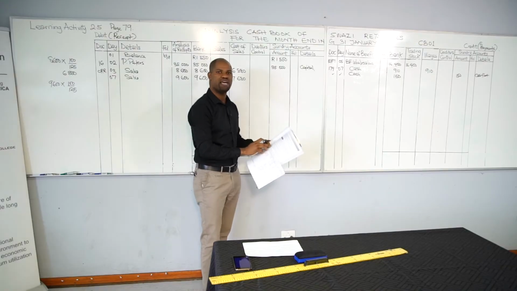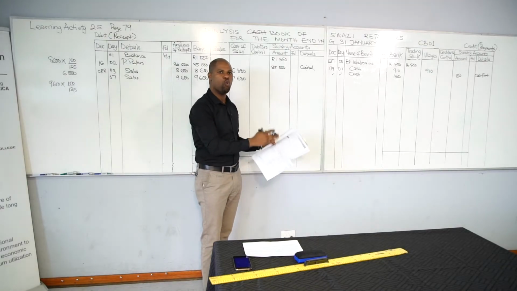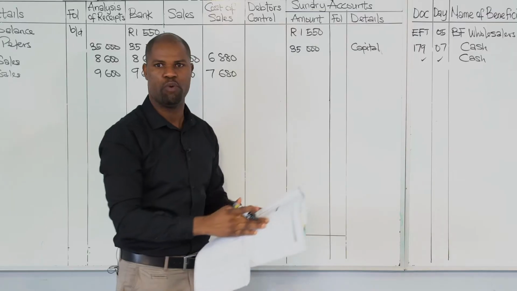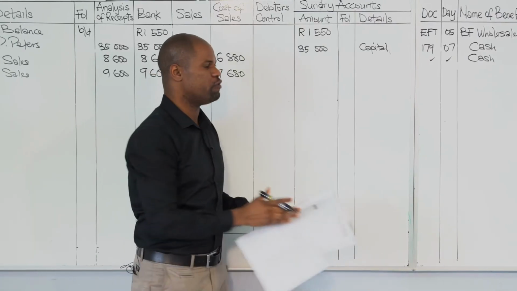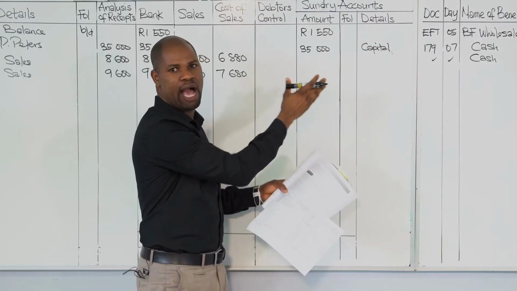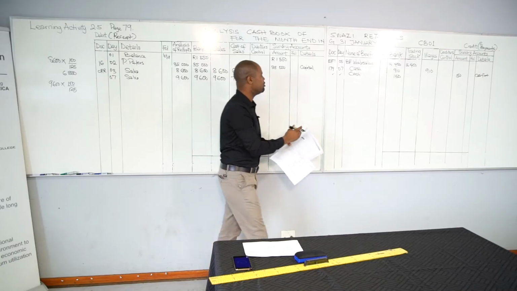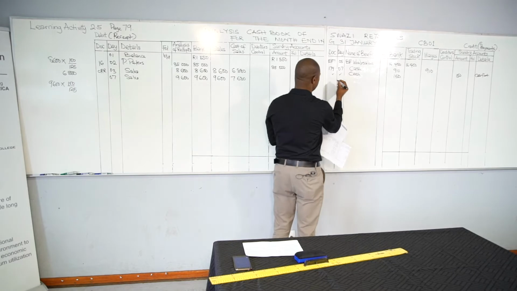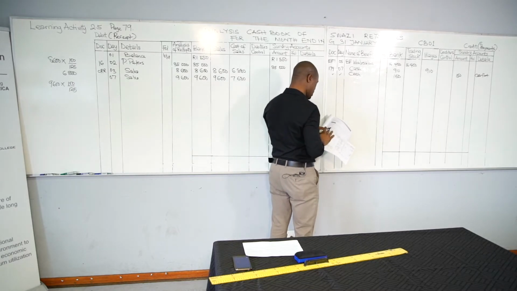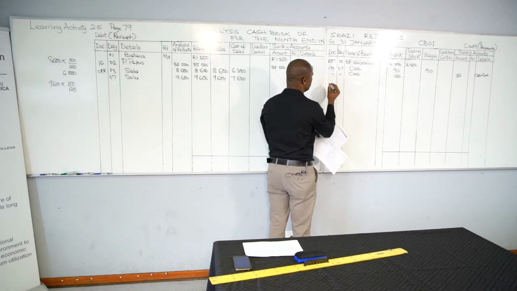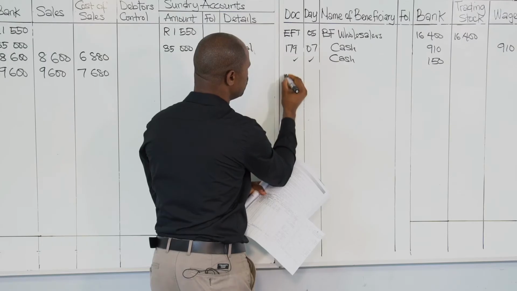But if you look at this, there are some differences about this payment. One is for the business. The other one is for the personal use. For the business, it will be recorded against the business. For the personal use, it will be recorded as drawings. So on the same date, it is an electronic transfer. So we're asked to use